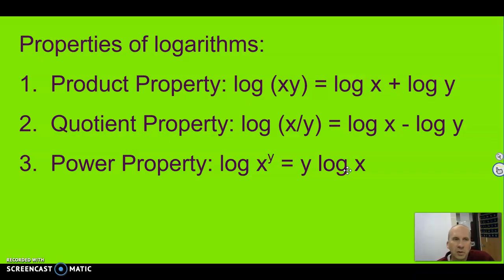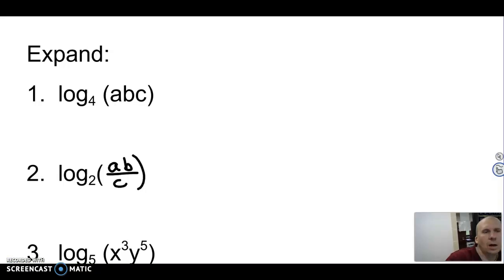All right, so let's practice a couple of these. They'll get gradually more difficult as we go, and then you'll be able to get on with your homework. Now our step is to apply these properties that we just learned. We're going to start with a couple of simple examples and go on to slightly more difficult ones. You're asked to expand log base 4 of a times b